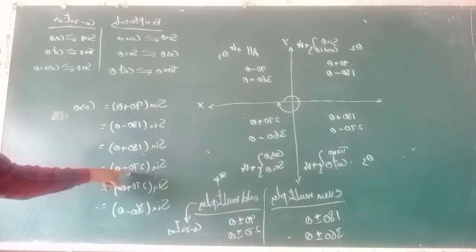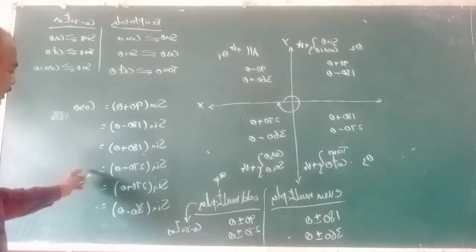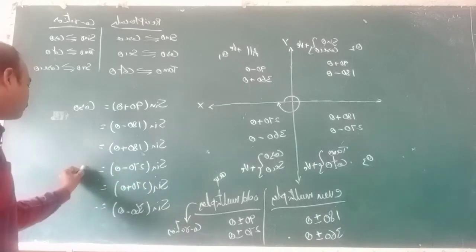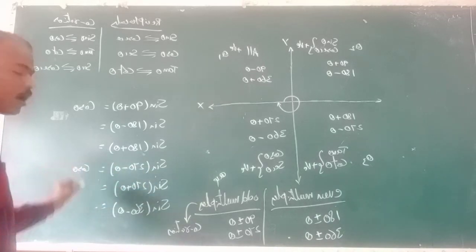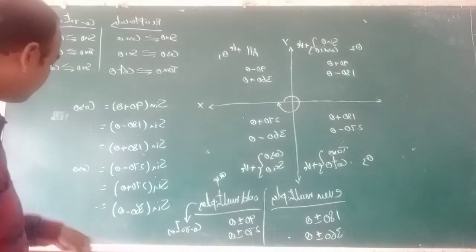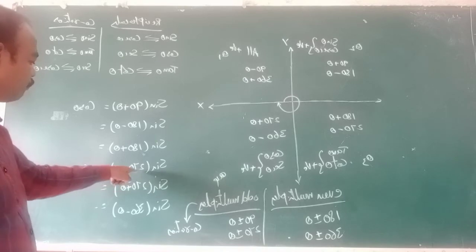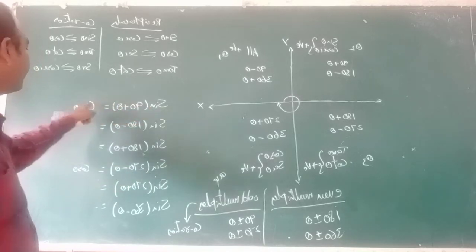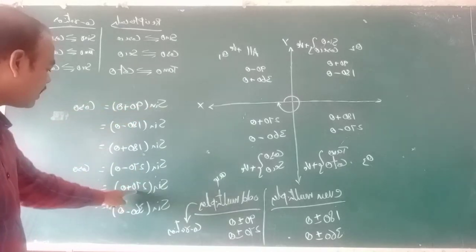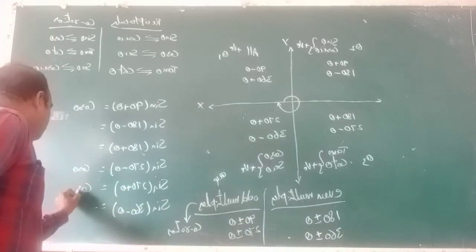See here, 270 is an odd multiple. So wherever odd multiple, sine becomes its co-ratio. Sine's co-ratio is cos theta. Afterwards I will tell when it becomes plus and when it becomes minus. So here 270 is an odd multiple, and wherever odd multiples, we take their co-ratio. See here also an odd multiple is there, so sine becomes cos theta here also.